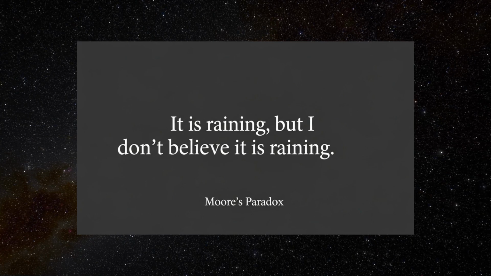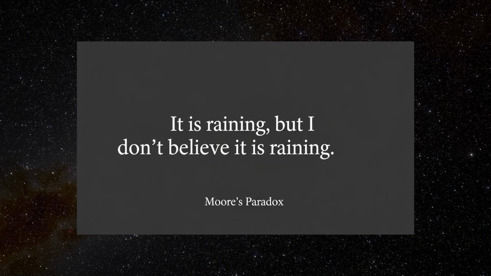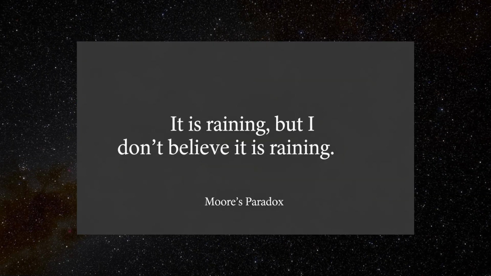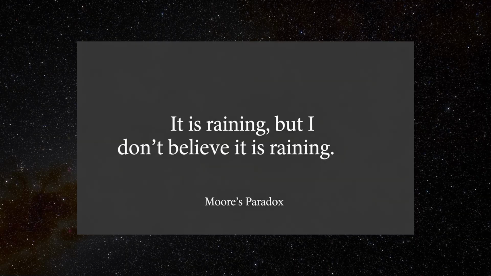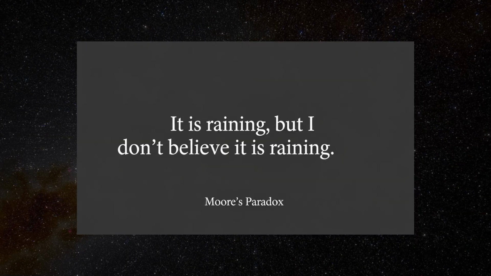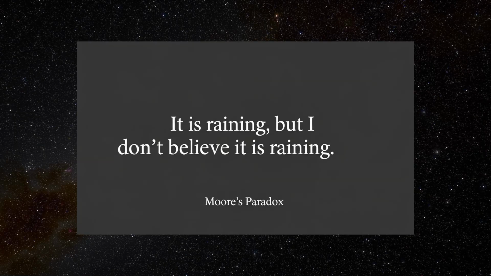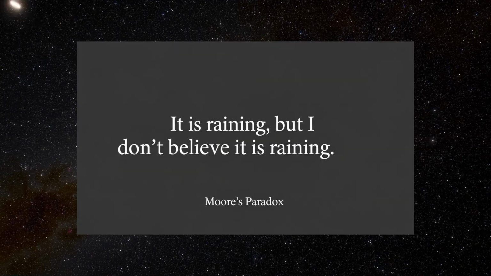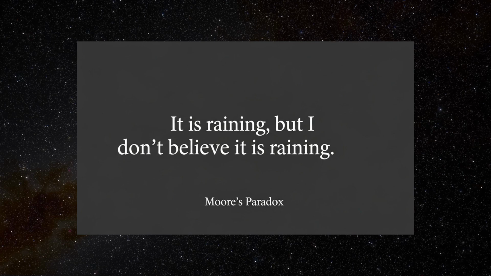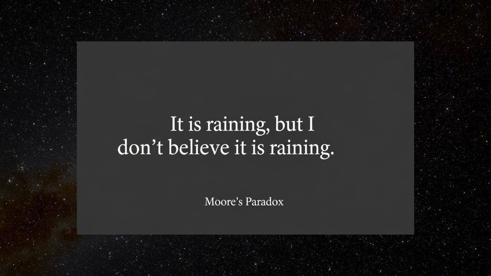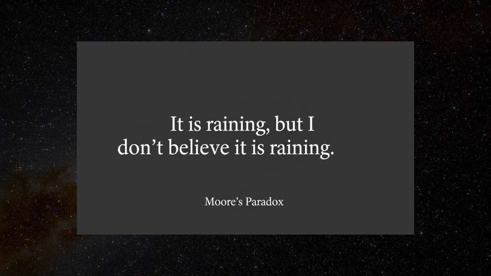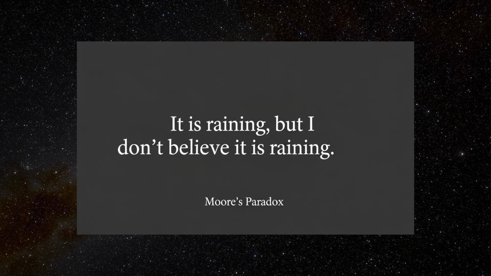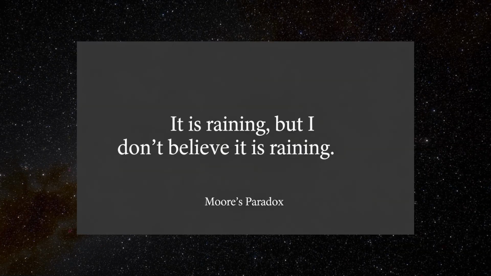Philosophers have tried to explain Moore's paradox by looking at the norms of belief and assertion. One idea is that belief and assertion are normatively linked. To assert a proposition sincerely is to express a belief in that proposition. Therefore, to assert a Moorean sentence is to violate this basic norm of coherence between what we say and what we believe. Another explanation focuses on the expressive function of language. When we speak, we don't just state facts, we also reveal things about ourselves, including our mental states. A Moorean assertion thus fails not as a statement of fact, but as an act of communication.